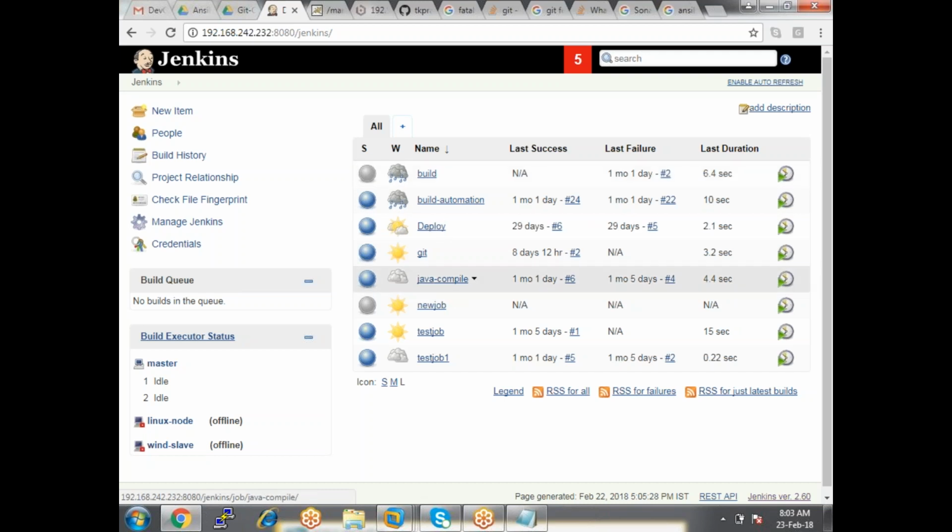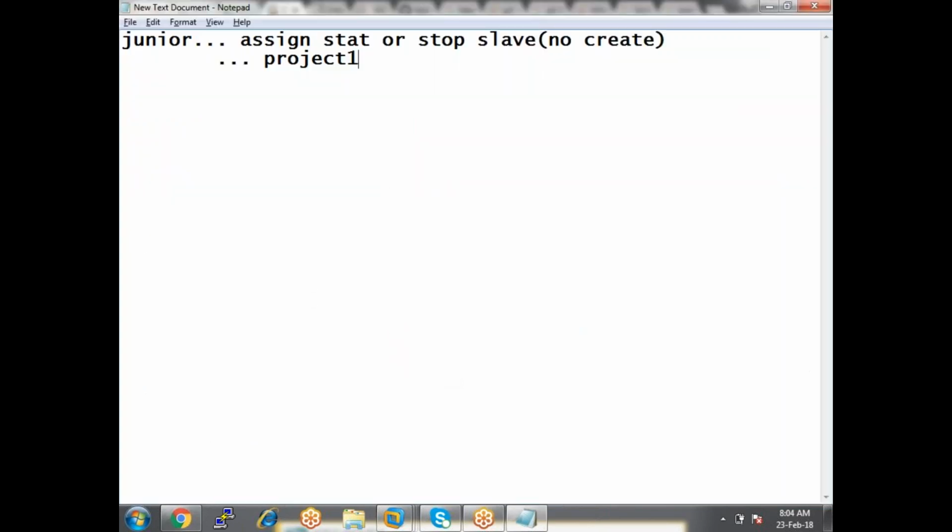The other 4 jobs should not be visible to the junior user. So I want to restrict him at the particular job level. Am I clear? So you can do such kinds of restrictions.